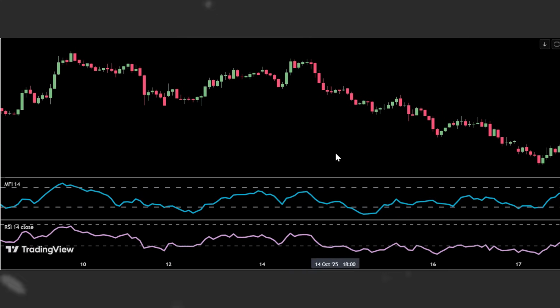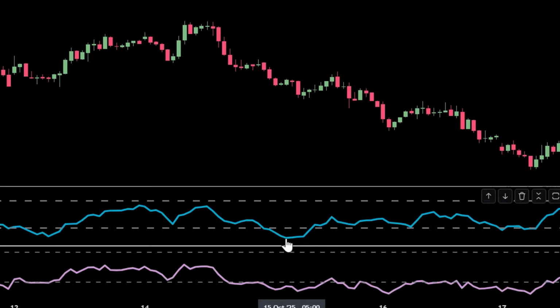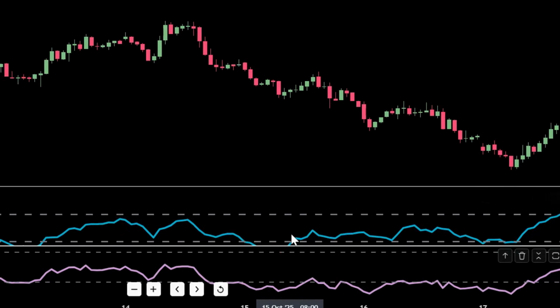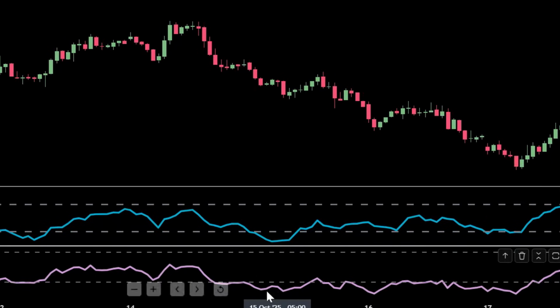Sell trade. Check this chart carefully. First, look at the MFI. Here, the MFI dropped below 20, which indicates strong selling pressure in the market. Next, look at the RSI. The RSI moved below 30, confirming that sellers have strong momentum and the price is moving down with real pressure